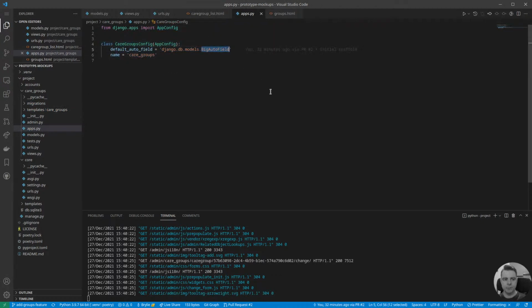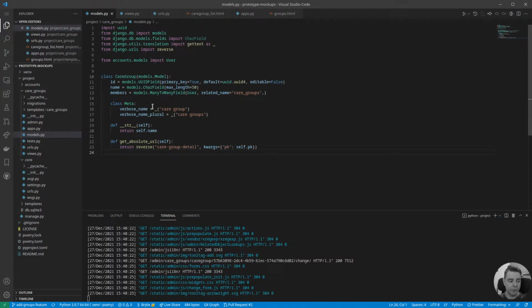At first it was using a big auto field, which would give the model instances an integer, basically a big int, for their ID, which is fairly easy to guess. Like if you have group number 400, then you can pretty much figure out there's 399 groups and start going through those. So I wanted to have a little bit better security through obscurity in this case. So what we did is create a